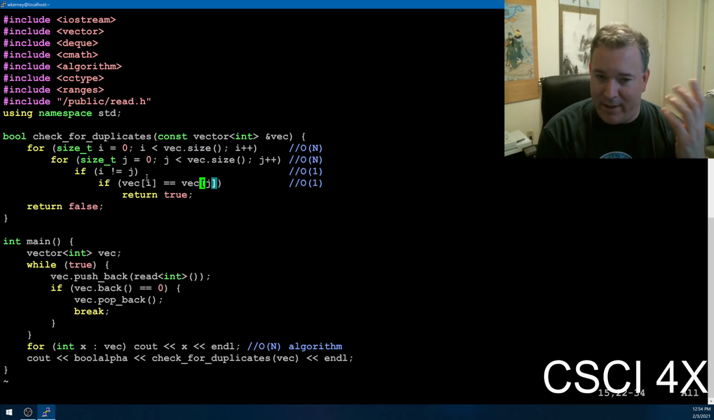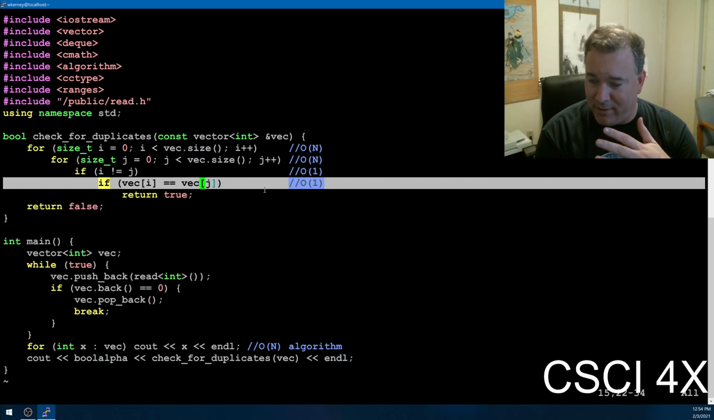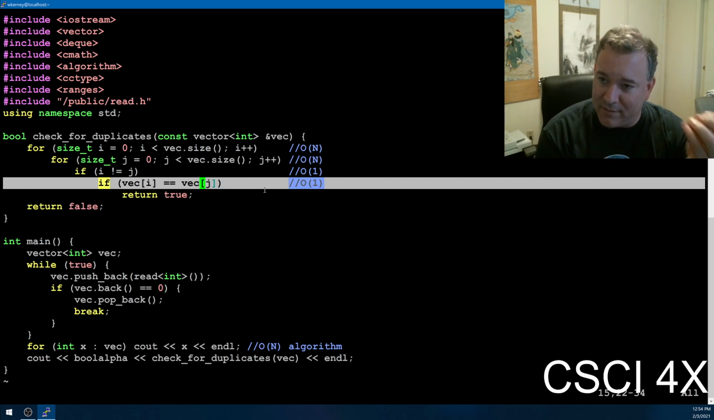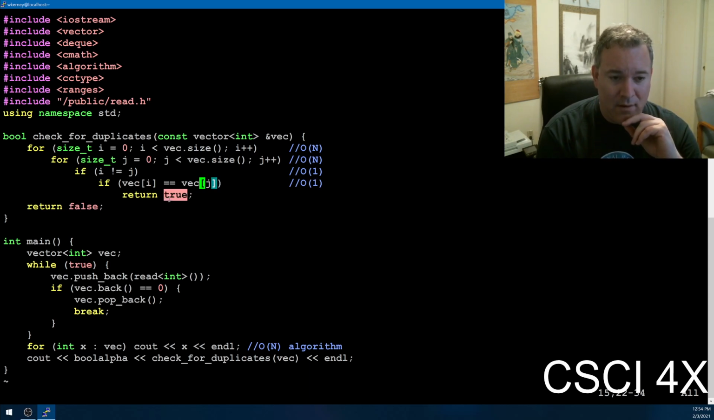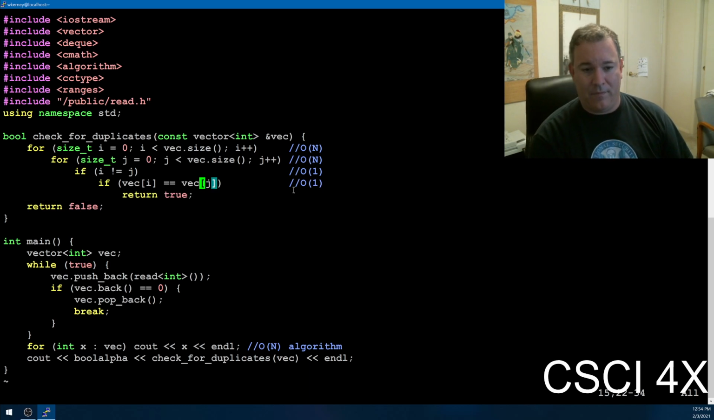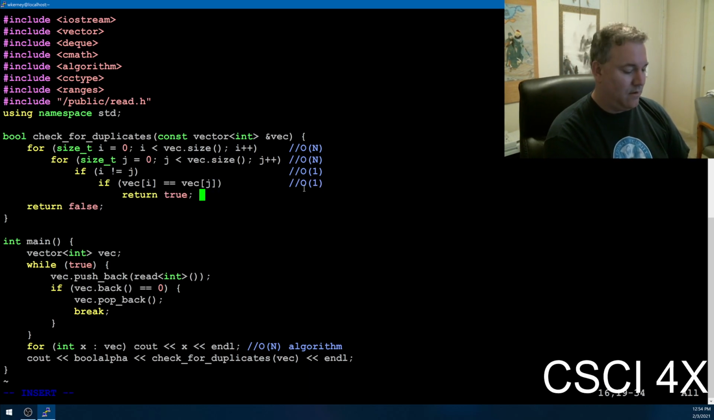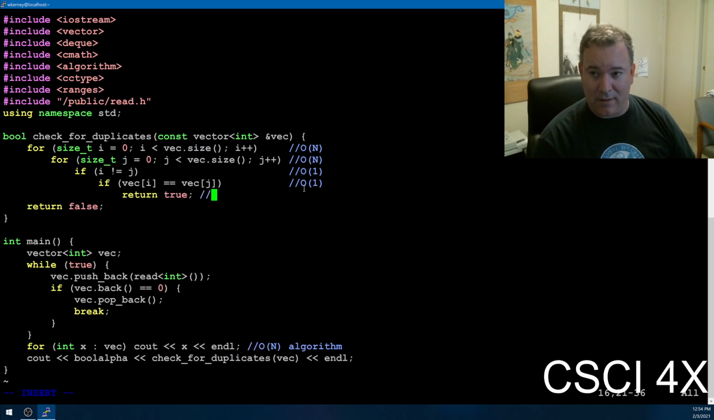And grabbing one element out of the vector and comparing it against another element out of the vector is also constant running time. It will take the same amount of time whether the vector is big or small. Okay. What about returning true? Does return true take longer if the vector is big, or is it always the same amount of time? Is constant always equal to 1 value? Yes. And the reason for that is because when we're talking about big O,